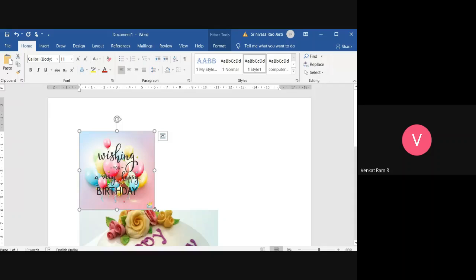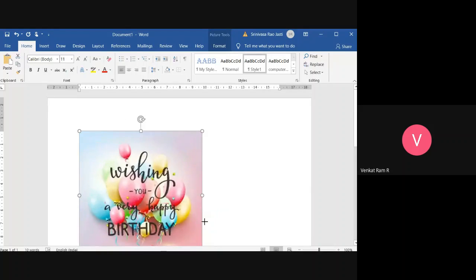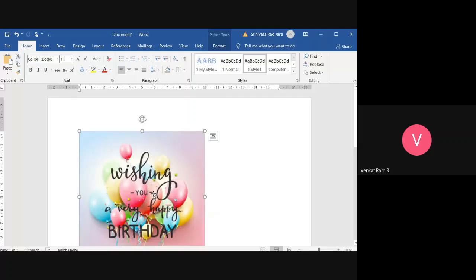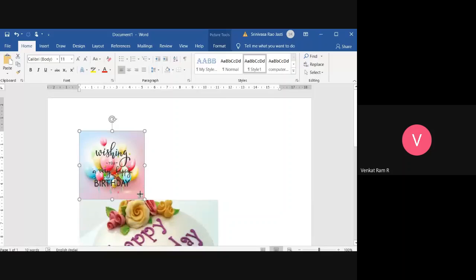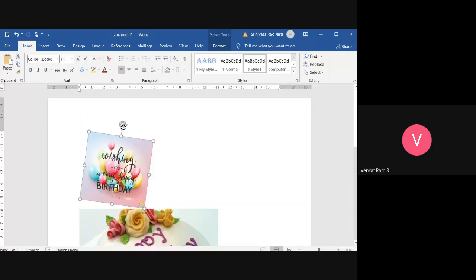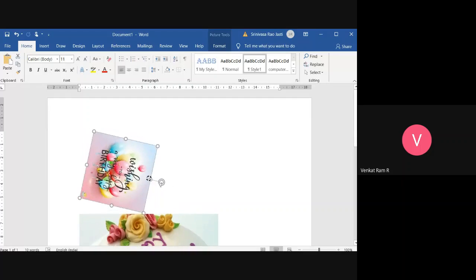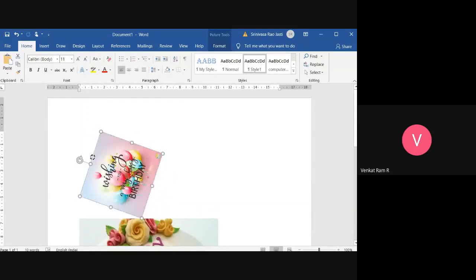And what are these icons available, so that you can increase or decrease the picture size. Either you can increase or decrease the picture size, and even you can change the angle also by using this.